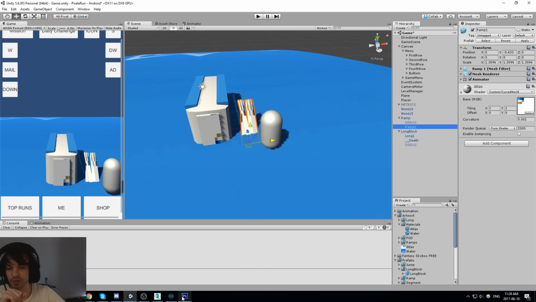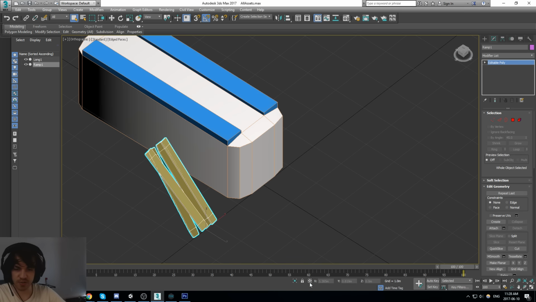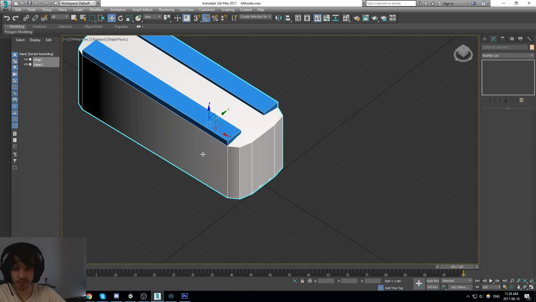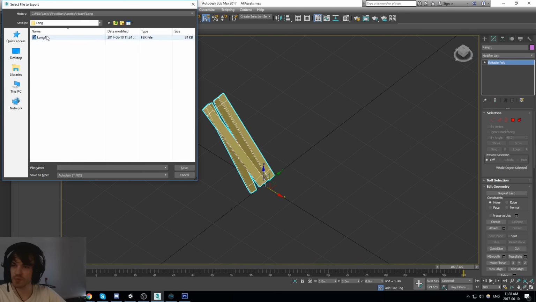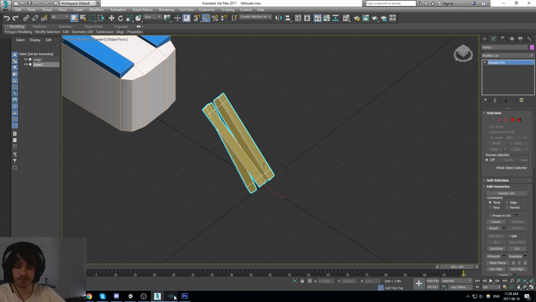So we either don't have the right material on it, or we do have the right material, we just don't have the right UV. We haven't re-exported it. Let's go back here, make sure this is in the center. Boom. And only re-export this one on its own. So export, ramp. And here we go.